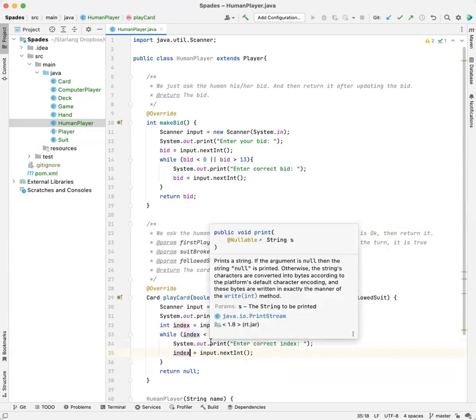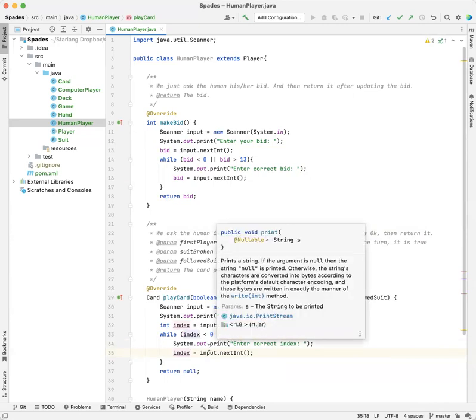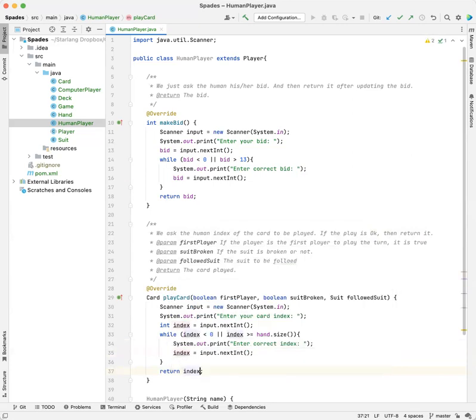And also we need to check the rules. So we need to return the hand's get card index. If it is against the rules, then we should not allow that card to be played. So in that case, we can do the control here, or we can write a function to control if the card is possible to be played or not. Since it should be also controlled for the computer, we can write the function